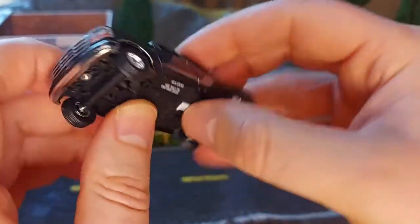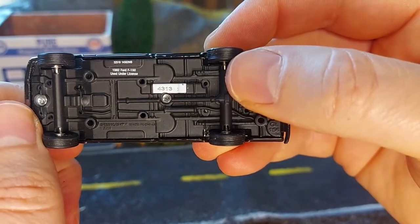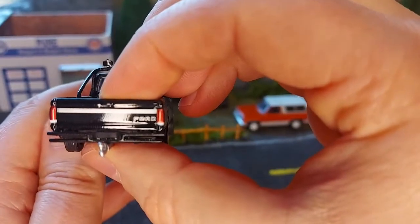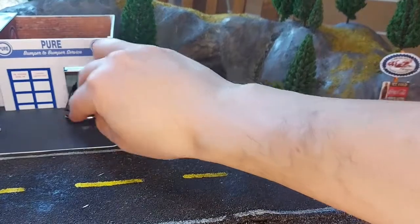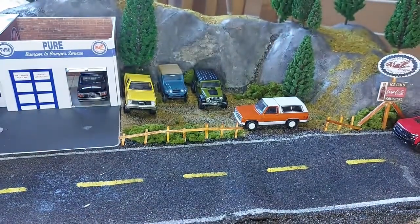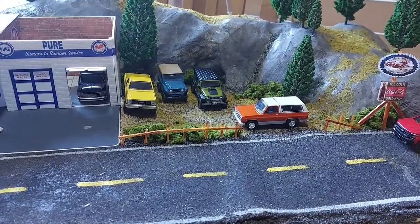It's got its lights on the top there. There you go, 1992 Ford F-150, number 4313. Another great looking set. So we'll park this one in the garage, maybe get that wheel fixed, and we'll go straight into the next set, which is